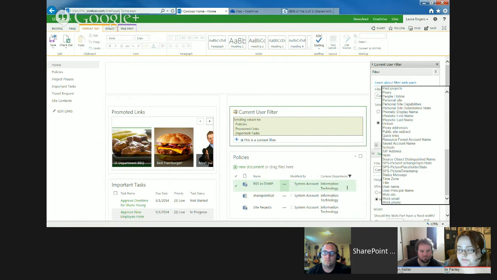But if you don't have a people field, or if you have some other data like the person's email address, so if I just have email addresses in some column and I needed that to match up with the logged in person's email address, that's where I could use email here. Whatever value I pick in here is the value that it's sending to the other web parts. So like when I go to